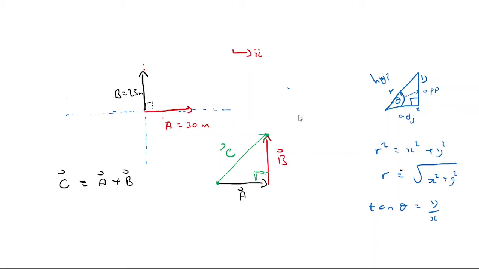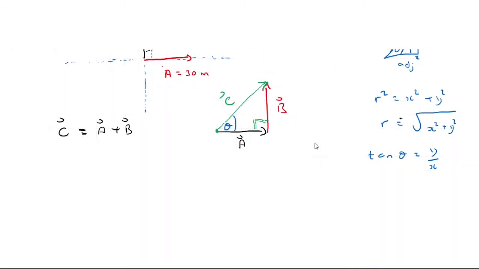Now, this is when the vectors that we are adding are perpendicular. Later on, I'm going to reduce each and every vector into an x and a y component, but I'll get into that when I get there. At the moment, I'm just adding vectors that are perpendicular to one another. So here, I'll have an angle theta. It simply means that when I want the magnitude of this vector,